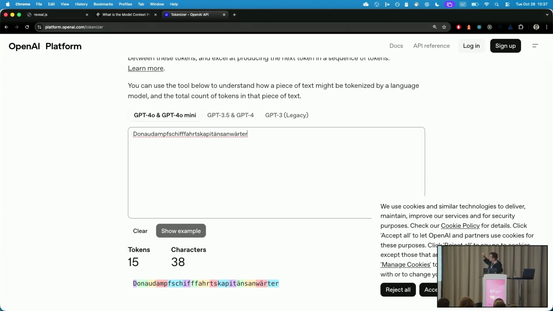Currently, we're using the GPT-4o tokenizer, which is different to the GPT-3 or the GPT 3.5 tokenizer. So they're all different, and you have to deal with tokens all the time. So in our case, a standard model has 128,000 tokens of memory, which is a lot, but more modern